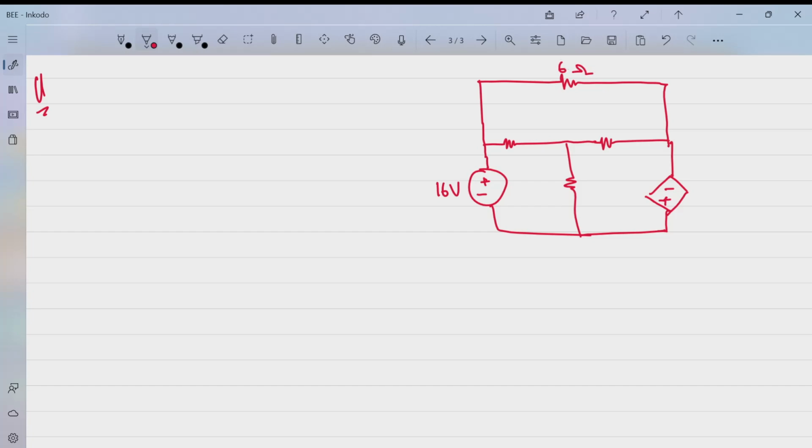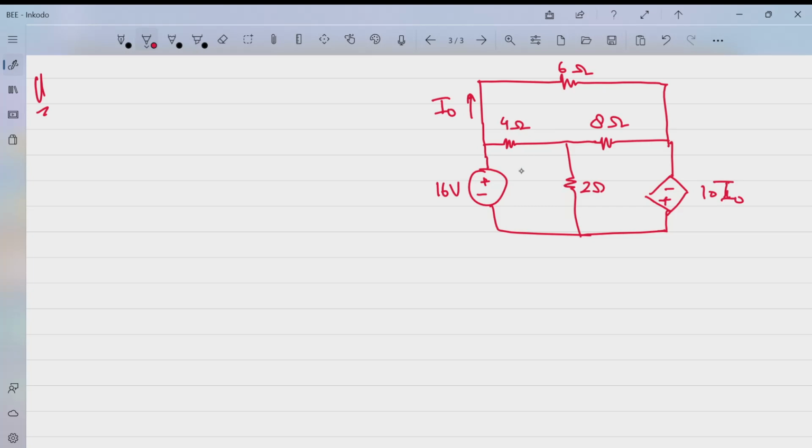6 ohms, 16 volts, 4 ohms, 8 ohms, 2 ohms. This is 10 I naught. This is a voltage source. I naught is the current flowing from here. ठीक है,